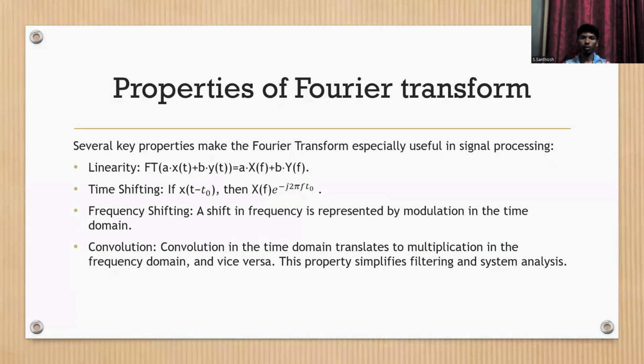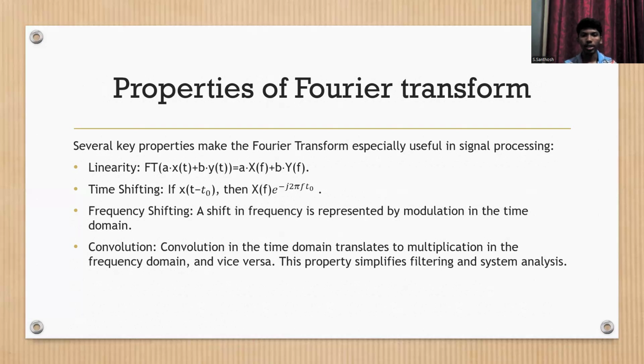Now looking at a few properties of Fourier transform, like the linearity property, time shifting, frequency shifting property, and convolution property. So the linearity property, where we have two signals which can have two separate amplitudes, and when you go for the Fourier transform of it, we have a times x of t plus b times y of t. We'll be having the Fourier transform as a times capital X of f plus b times capital Y of f. It just says that if you have two signals together, added together, and if you take